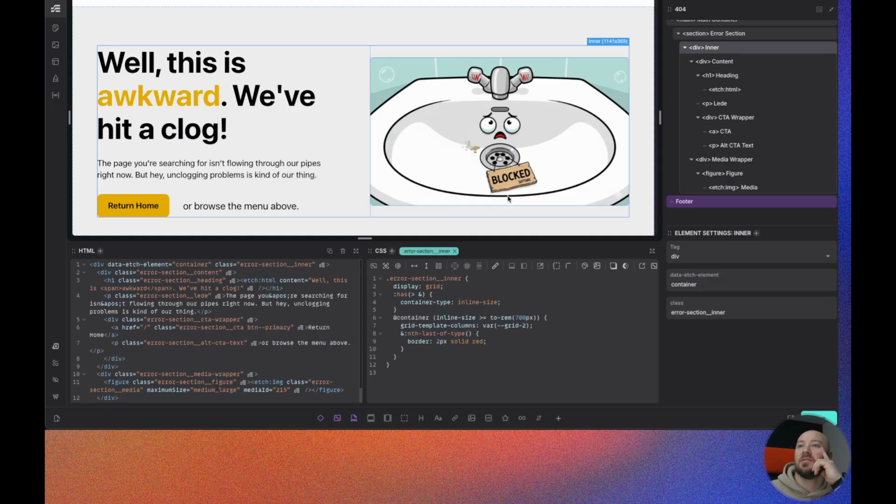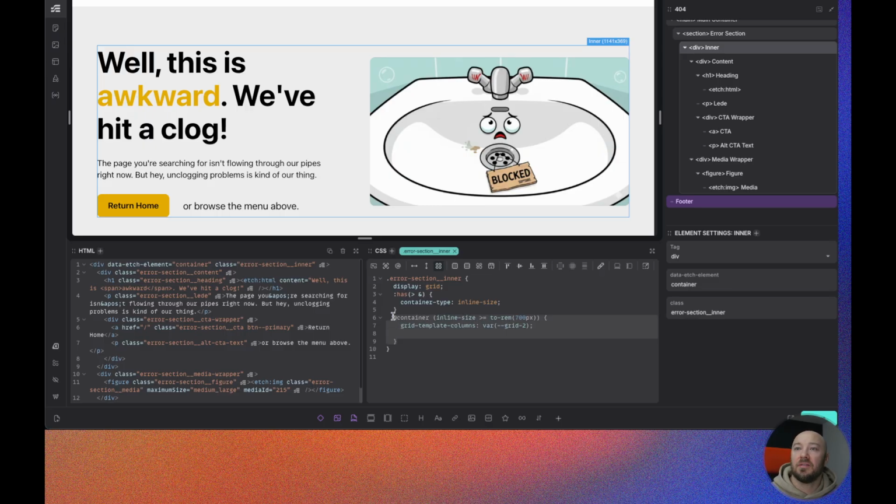I was just trying to sneakily target our image wrapper here, which I don't actually want to do inside of our container query. I want to do it above,